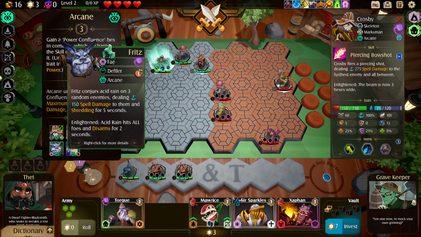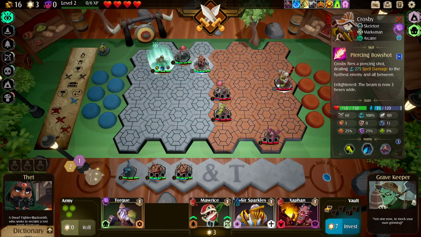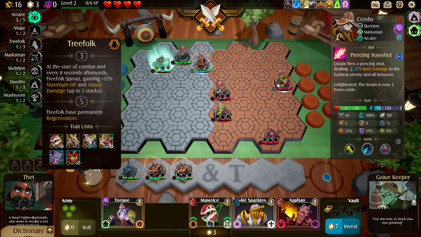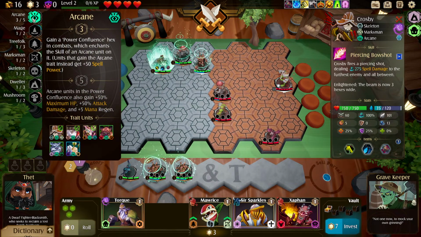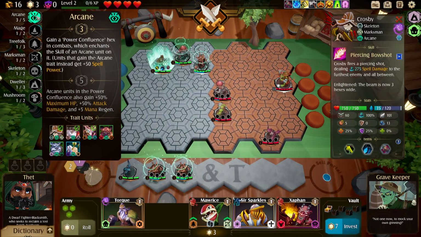I think, because I would need 2 more Arcanes and 2 more Treefolks. Yeah, because Bark counts as both. So I could do that, but that would mean Arcane and Treefolk are my only things. And Treefolk doesn't really stack with Arcane that well. Arcane wants to do spell power. Treefolk is health and attack damage. So I think I like going Arcane with